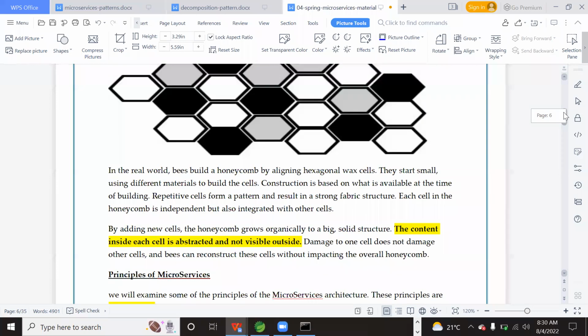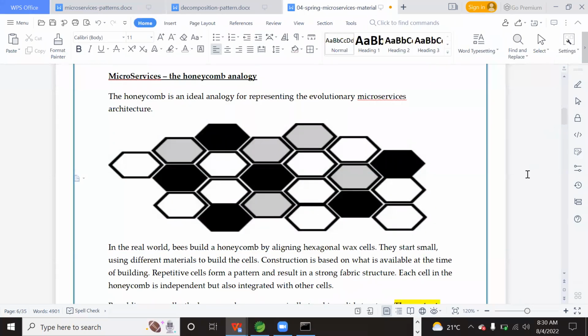But before doing that, let us understand microservices with the honeycomb analogy. In our villages we might have seen honeycombs, right? Honeybees construct these honeycombs. Carefully observe, please, because this is a very important theory to understand microservices.